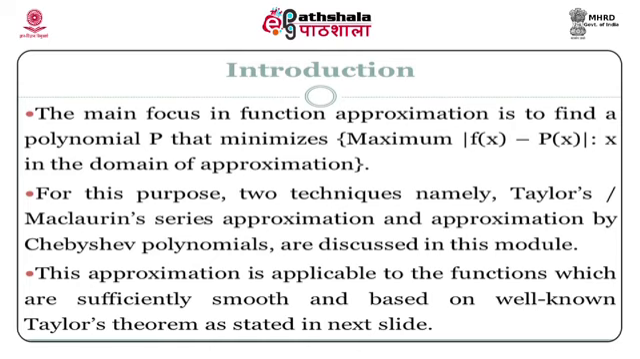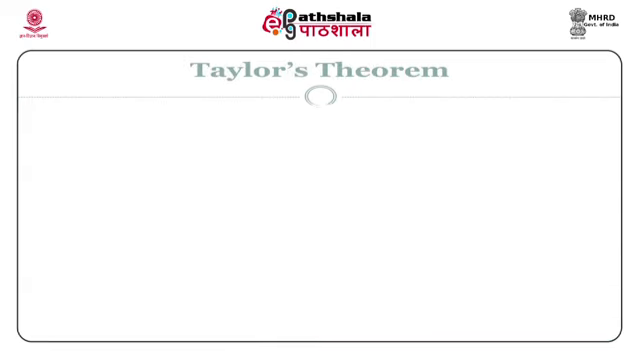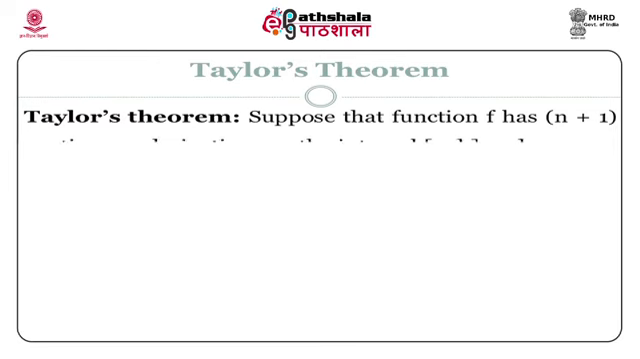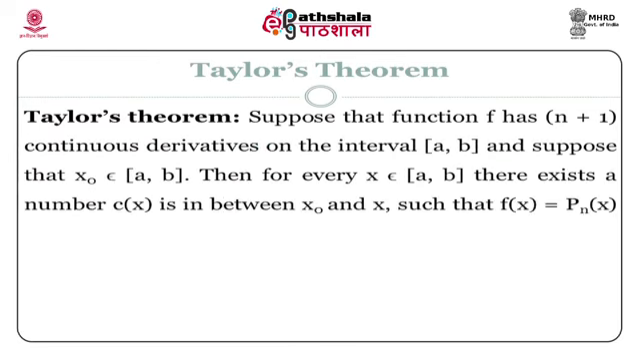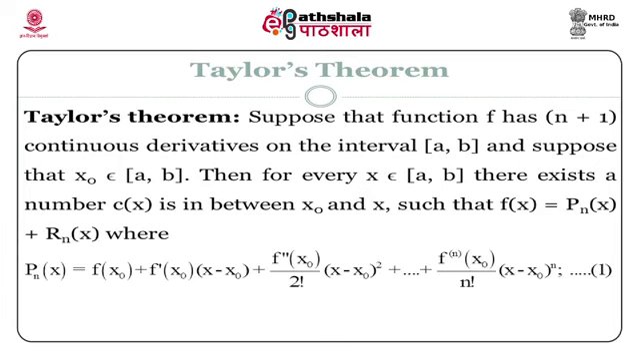particular module. For Taylor's polynomial approximation, the main tool is Taylor's theorem, which is a well known theorem in calculus, which states as follows. Suppose that function f has n+1 continuous derivatives on the interval [a, b], and suppose that x0 belongs to [a, b]. Then for every x belonging to the interval [a, b], there exists a number c(x) in between x0 and x such that f(x) is equal to P_n(x) + R_n(x), where P_n(x)